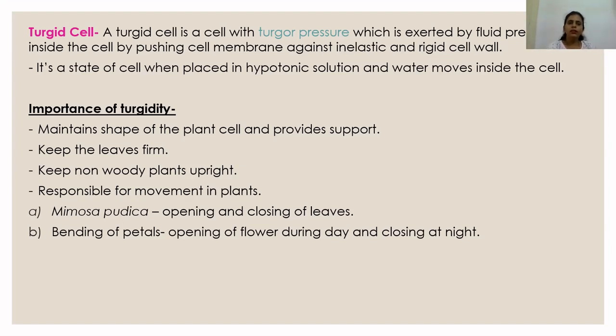Apart from this, remember that whenever a turgor pressure is lost inside the plant cell, the leaves will become loose, okay? And slowly, finally what will happen, for example, initially the leaf is very firm like this, okay? Leaf is very firm like this. But slowly what will happen, the leaf will start wilting. Okay, what will happen? The leaf will start wilting. And the reason for wilting of leaf is insufficient amount of water. Because when insufficient amount of water is present, turgor pressure in the cell is lost.